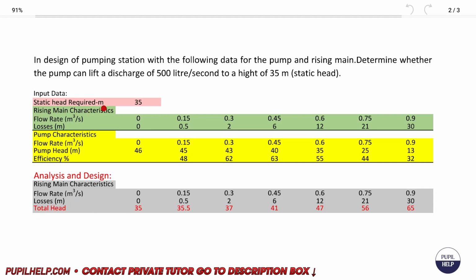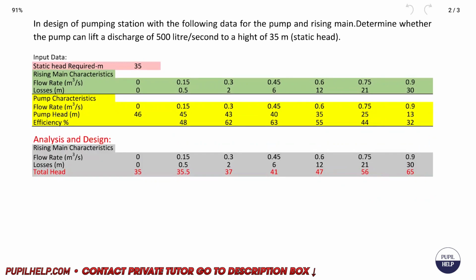So we produce this one, the rising main characteristic with flow rate, losses, and this is the total head required for this pump. You see, it is exactly this table with the third line here in red. Now, what we are going to do is to